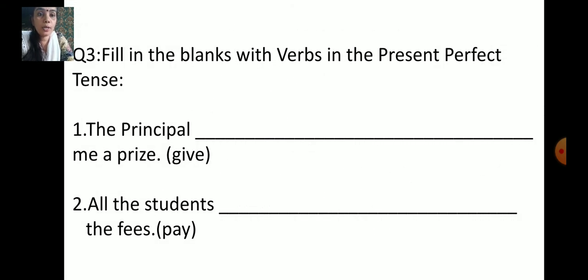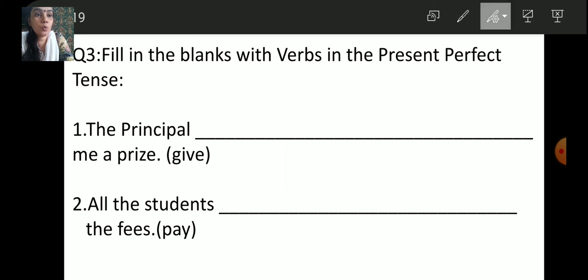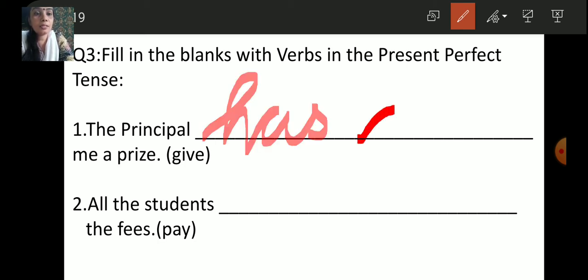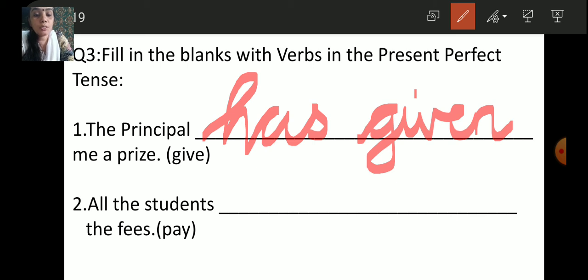Now we'll move on to the next question. So fill in the blanks with the verbs in the present perfect tense. So the principal dash me a prize. All the students dash the fees. So answer. So the principal has given me a prize. All the students